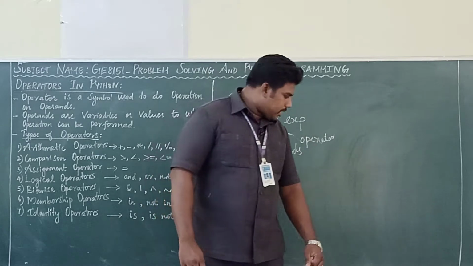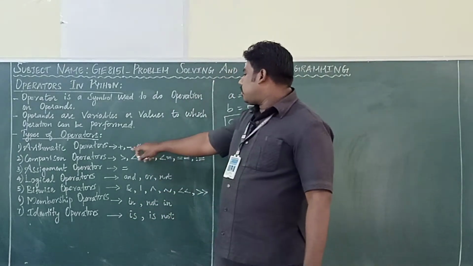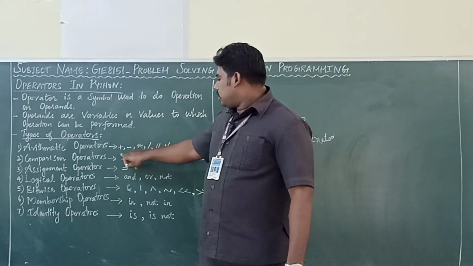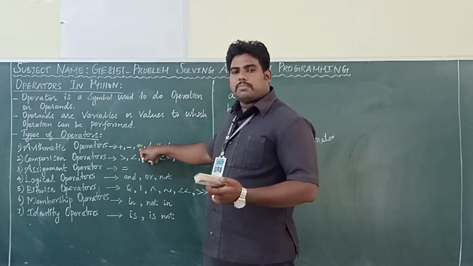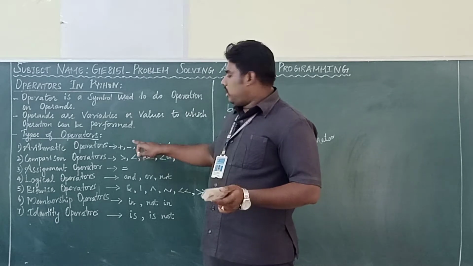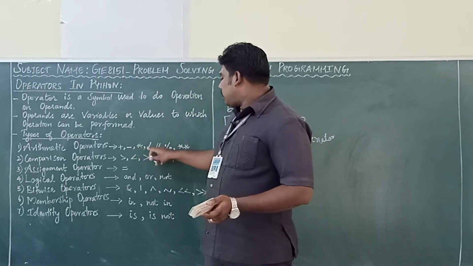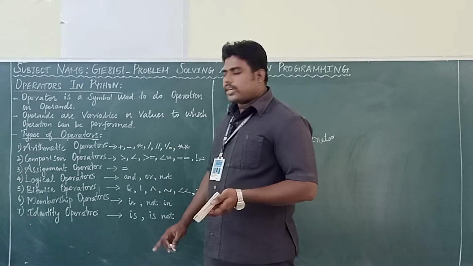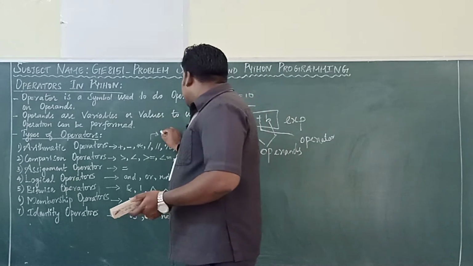What are the arithmetic operators? What do you know already? Addition. Everyone knows the plus symbol, right? Then subtraction, then this asterisk symbol, the star symbol, is used for multiplication. Here there is no X symbol, here we have to put this asterisk symbol. Then slash, what does this slash denote? It's division.